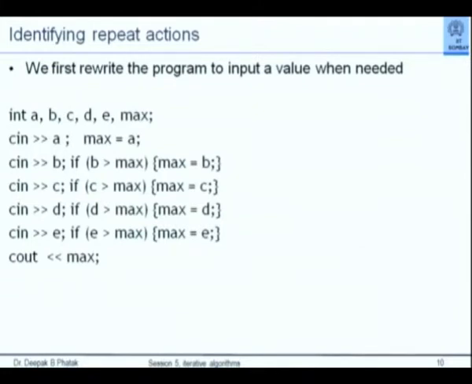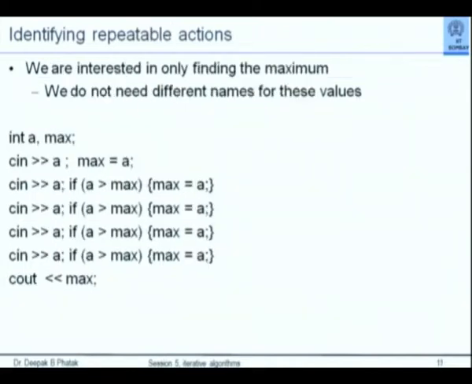We are first saying read A, that is okay, assign it to max. Now I need to compare it with the next number, so I will say read B now, compare it with max. If it is greater than max, assign that B to max. Same thing with C, same thing with D, same thing with E. So whether I have 100 or 1000 numbers, every time I need a number, I read it, examine it, take a decision on the value of max and go ahead. How do I know whether things are proceeding well or not? I will do one more modification. I will add an output statement after every comparison.